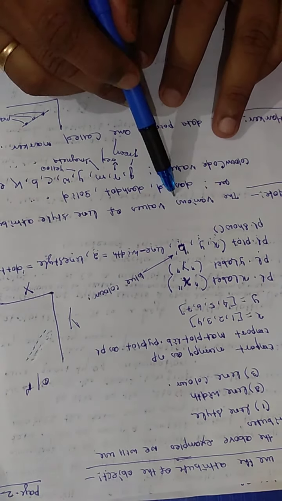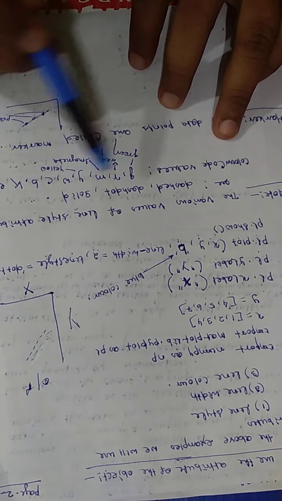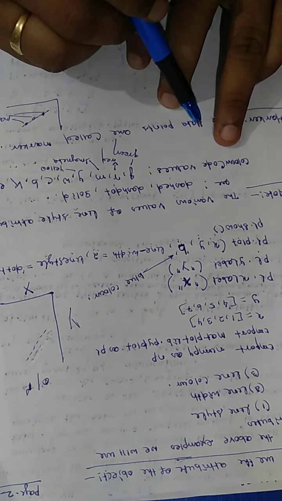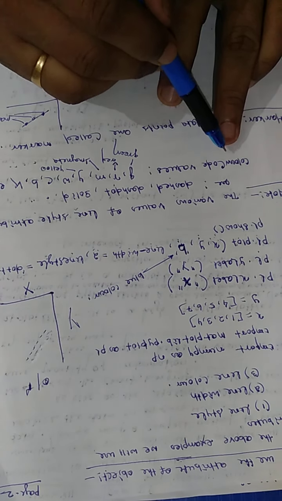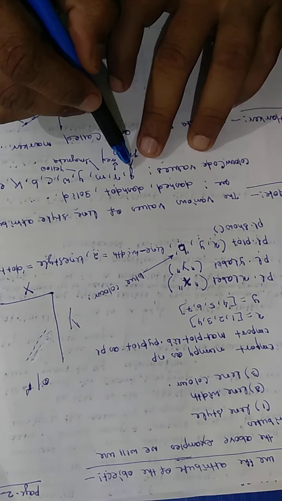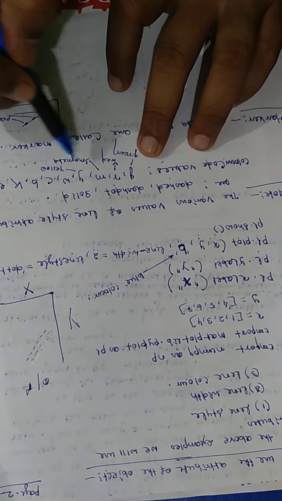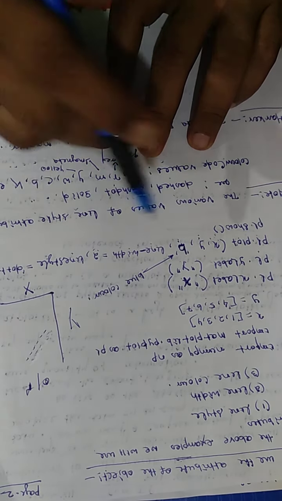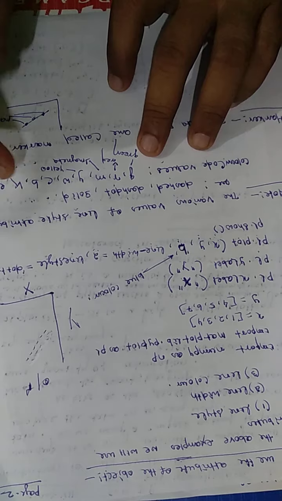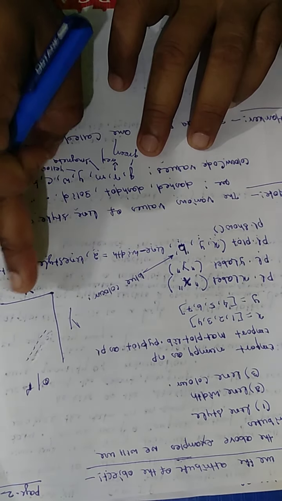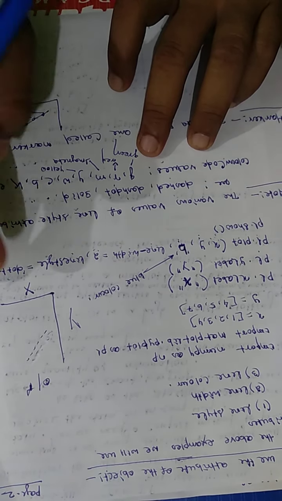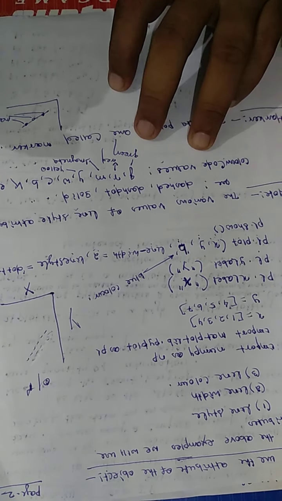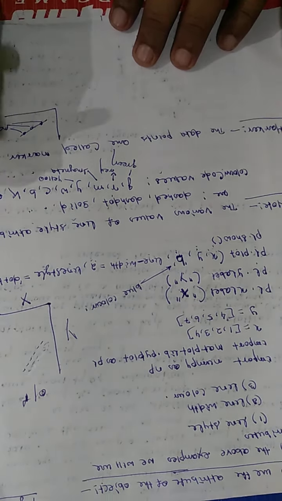Look here. The various values of line style attributes are dashed, dash dot, solid. Like this, many more you can follow from the book. Color code values: G for green, R for red, M, Y, W, C, B, K. So instead of B, you can use all these. That means you are getting a lot of examples from here to draw the graph yourself by using the various color attribute values. Okay.